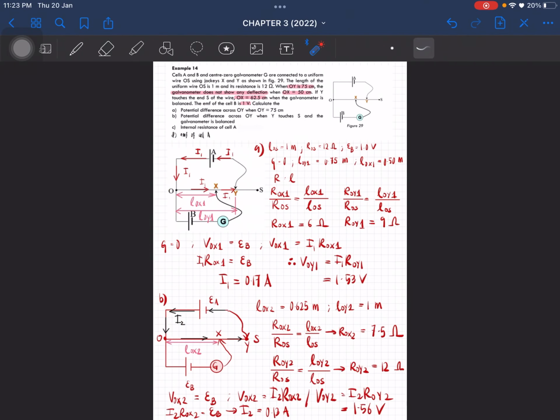Alright, okay, so if you do have any problem with this, feel free to ask me to explain it further to you, face to face pun boleh. Right, okay, so that is on example